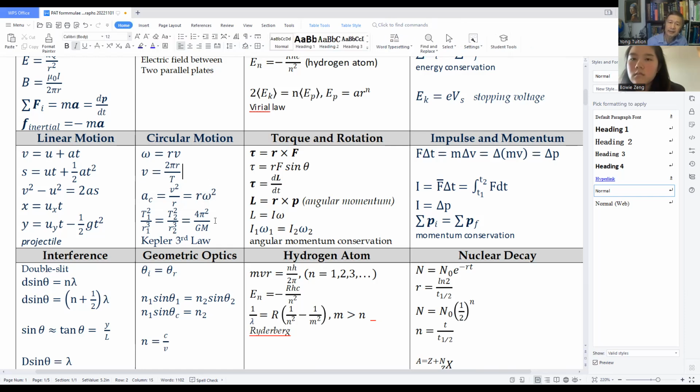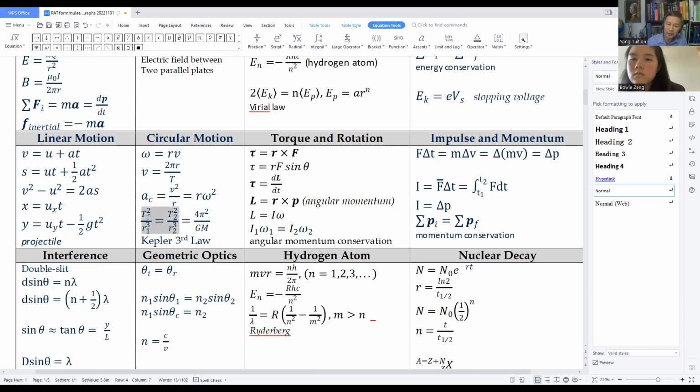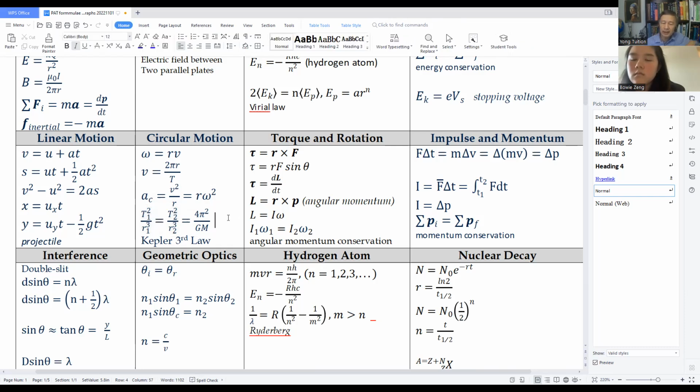In this context, I put Kepler's third law here, because when we use Kepler's third law in high school, we assume that all planets are doing circular motion, not ellipse. Okay, in general, it's an ellipse. By the way, the gravitational force is called the central force, because the force only acts between the two mass centers. In this force, the possible orbits are circle, ellipse, parabola, and hyperbola. So these are the possible orbits